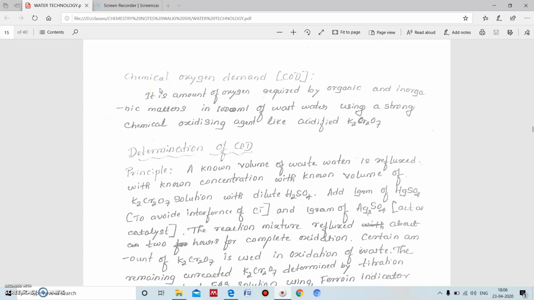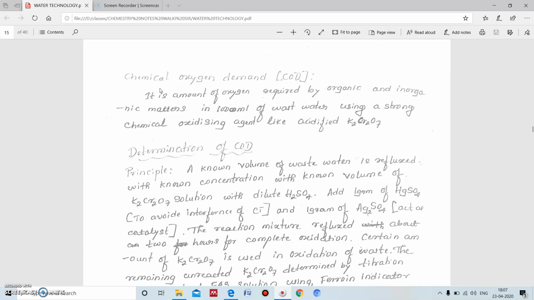Hello friends, now we are going to determine the chemical oxygen demand. We know that our wastewater sample may contain organic and inorganic waste. All the waste is not completely oxidized by the bacteria. For the oxidation of such waste, we need a strong oxidizing agent. This strong oxidizing agent will oxidize that waste. During that oxidation of waste, the amount of oxygen utilized is the chemical oxygen demand of that